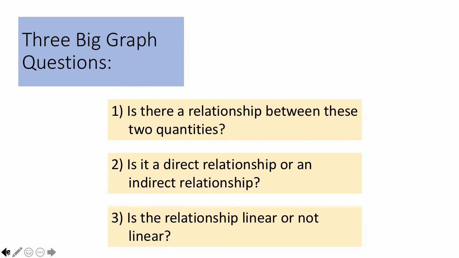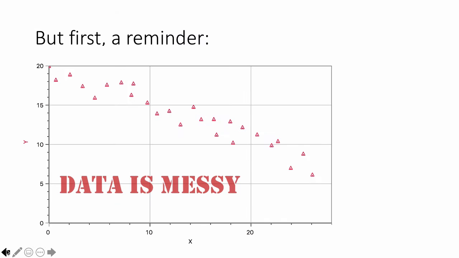Now, before we talk about these, I just want to say a quick thing about data. It's really important to remember that data is messy. The points don't necessarily all line up. In math class, you may look at a graph and it's like, oh, everything is all perfect. But in science, especially in physics, or at least in this physics class,